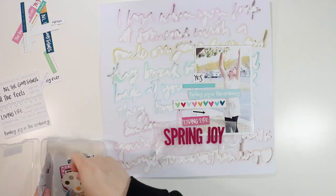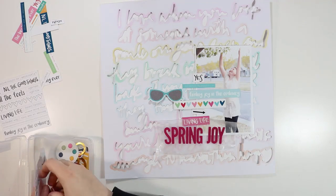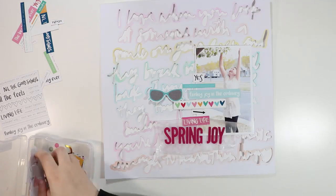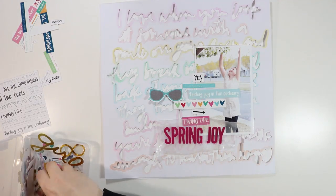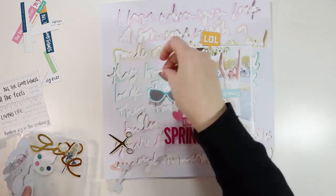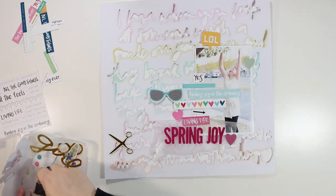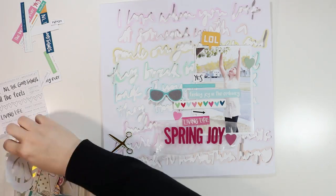So now I'm looking for some things that I can add that might be in these colors. Now that I know that I'm kind of going to do a rainbow effect, I can look for specific embellishments. These are some die cuts from Simple Stories, and I will end up using those sunglasses and some of the hearts and that LOL. And those are from...